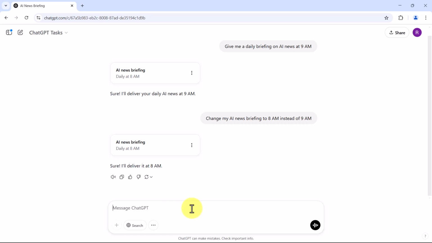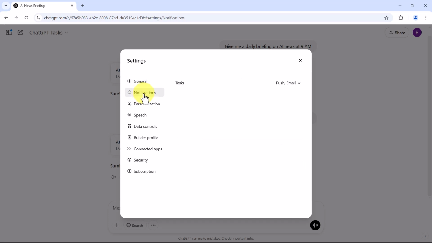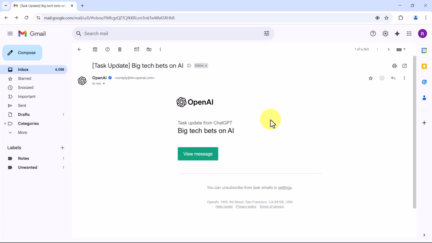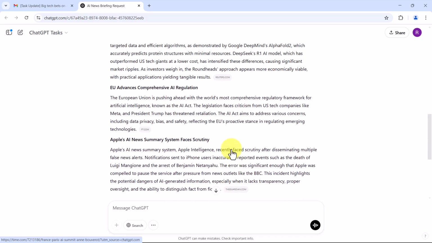To enable or disable notifications, click on your profile icon, select Settings, choose Notifications, turn notifications on or off for push notifications and email notifications. Here's what the email notification looks like when a task runs. Clicking the View Message button takes you straight to ChatGPT, where you can check the task's response in the chat.